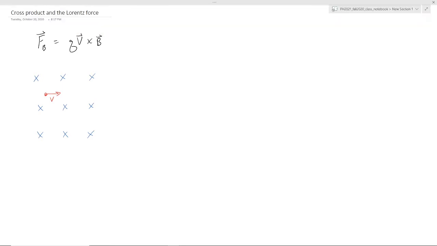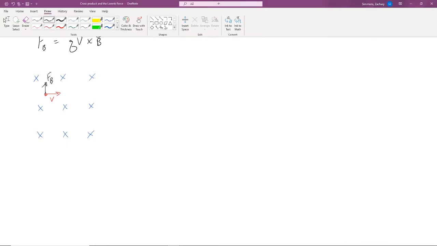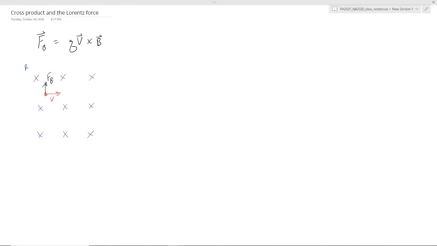In this case, you'd point your fingers to the right, and curl them into the page because the magnetic field is pointed into the page, and you would find that the force would be pointed up, which is the direction your thumb would be pointing. Just as a quick qualitative example,